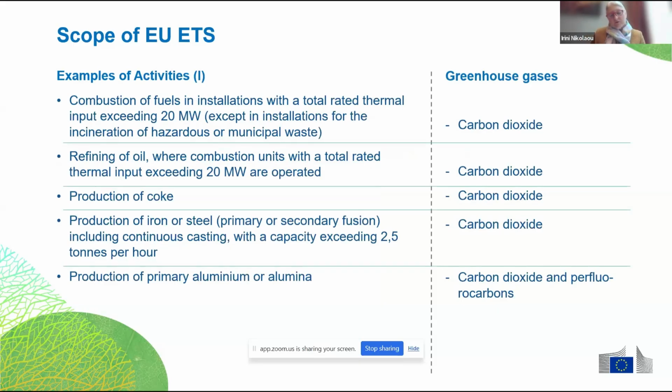For example, we do not have under the scope of ETS the activity production of electricity. This does not exist. There may be an installation that produces electricity, but it is not under the EU ETS. Why? Because the capacity of this installation is lower than 20 megawatt rated thermal input. So in EU ETS,